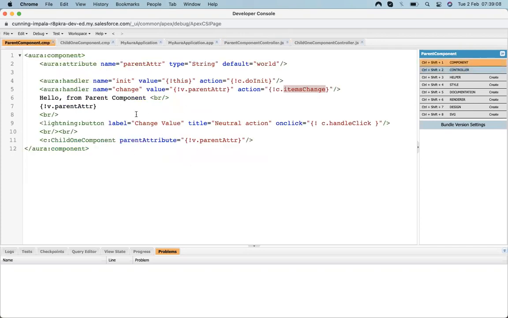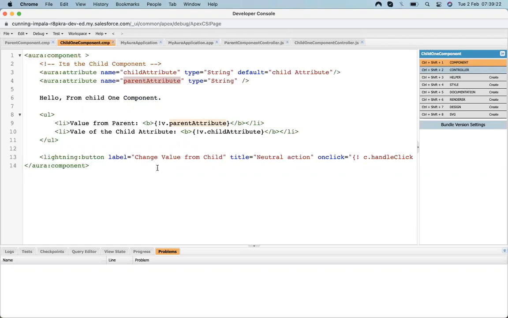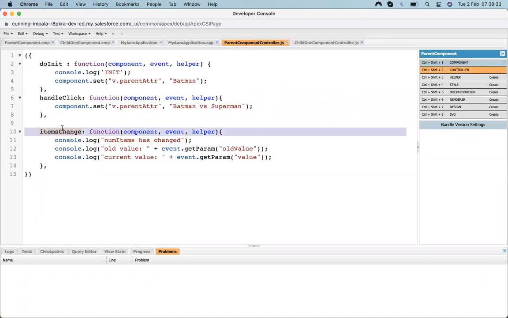Whenever we are using this handle change, it helps us execute an action of the parent method. We are executing an action of the parent method via the child method. We just make changes in the child method, and the parent method also gets executed with the help of this item change event.